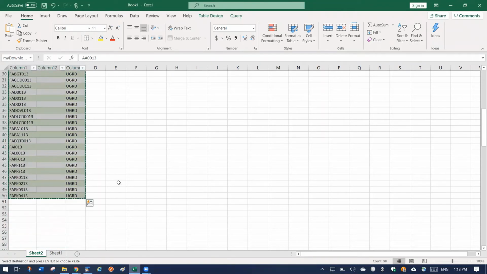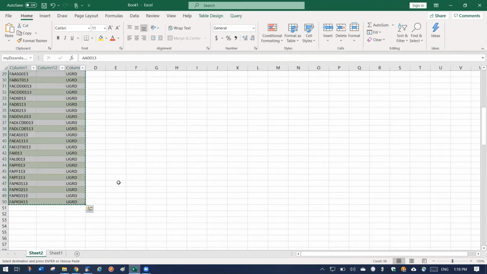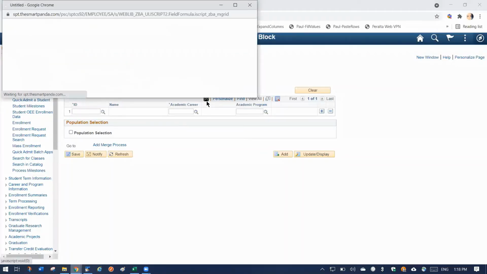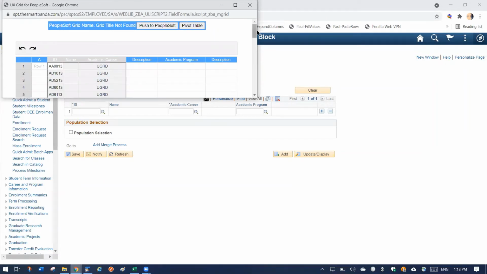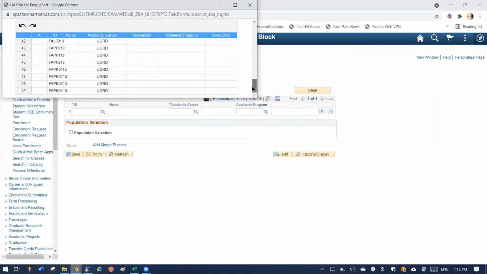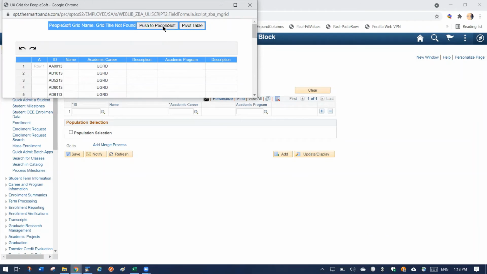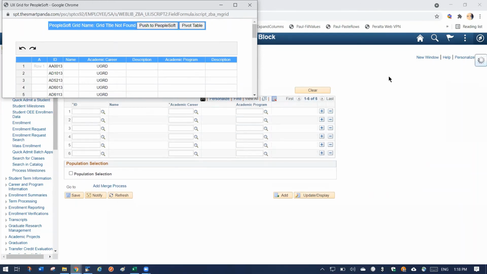I've just got my students here in a spreadsheet, and I'm just going to copy and paste out of Excel. Let's launch the grid here. Just going to paste. Right, so I've got my IDs here in my grid, and I'm just going to push to PeopleSoft, and you can see